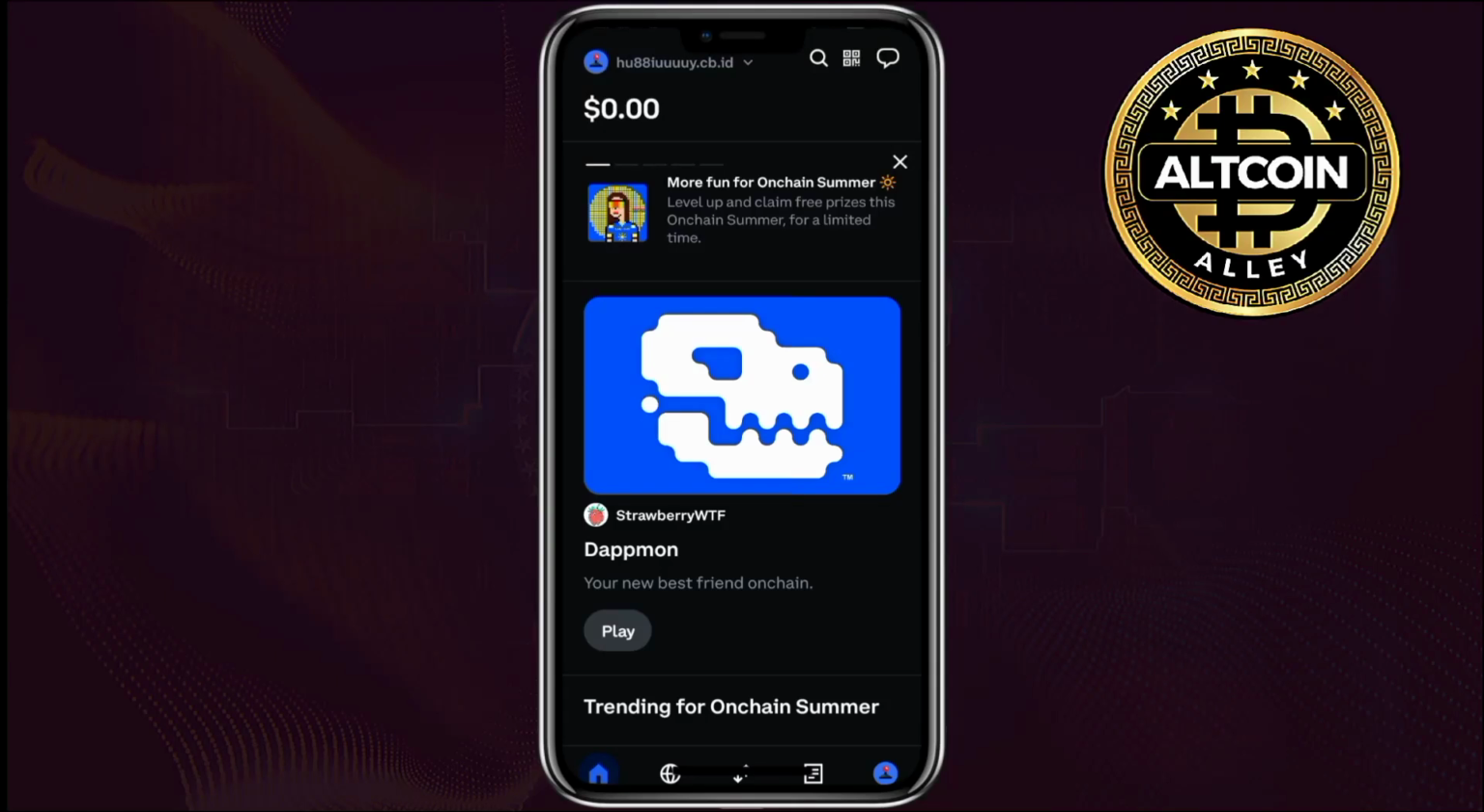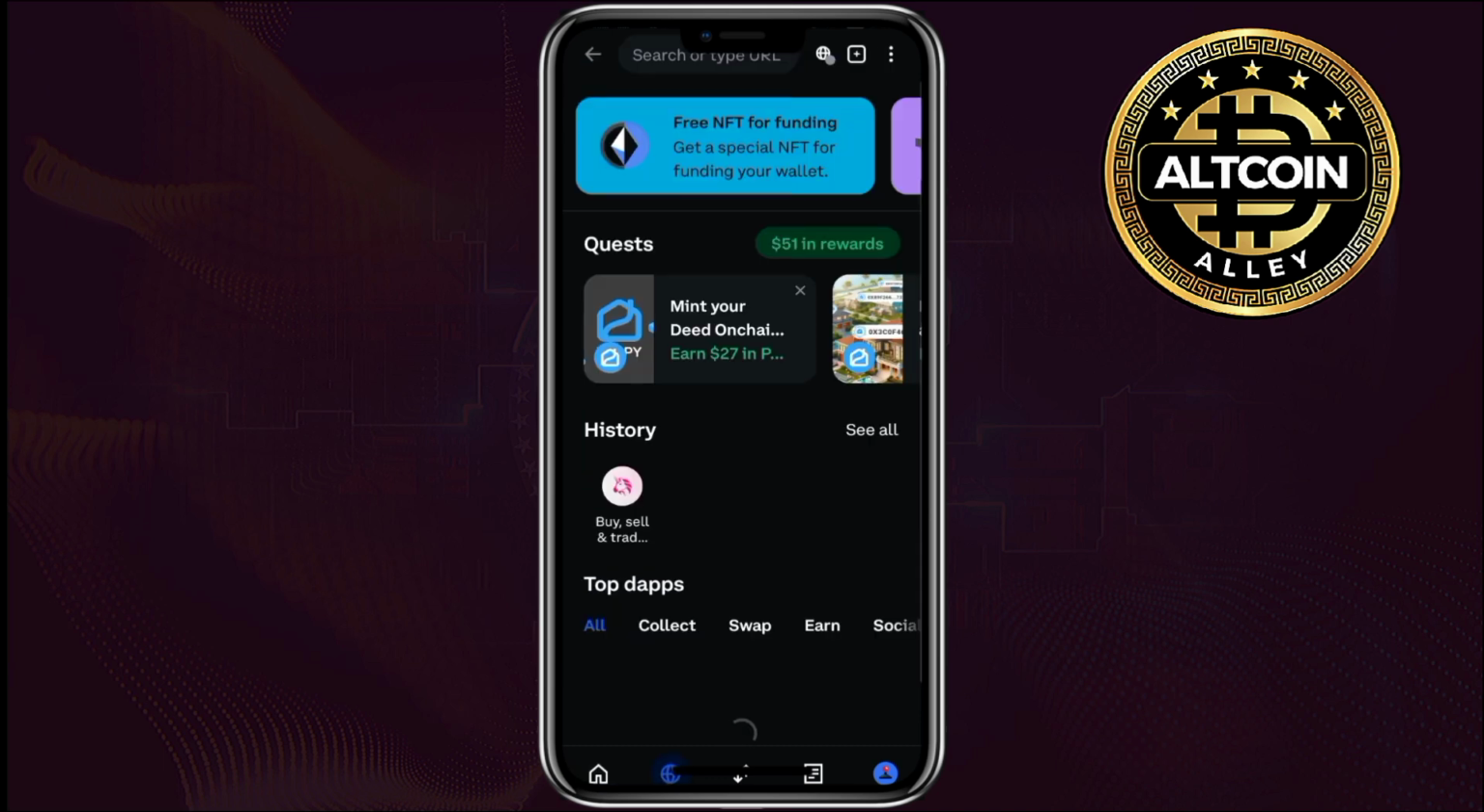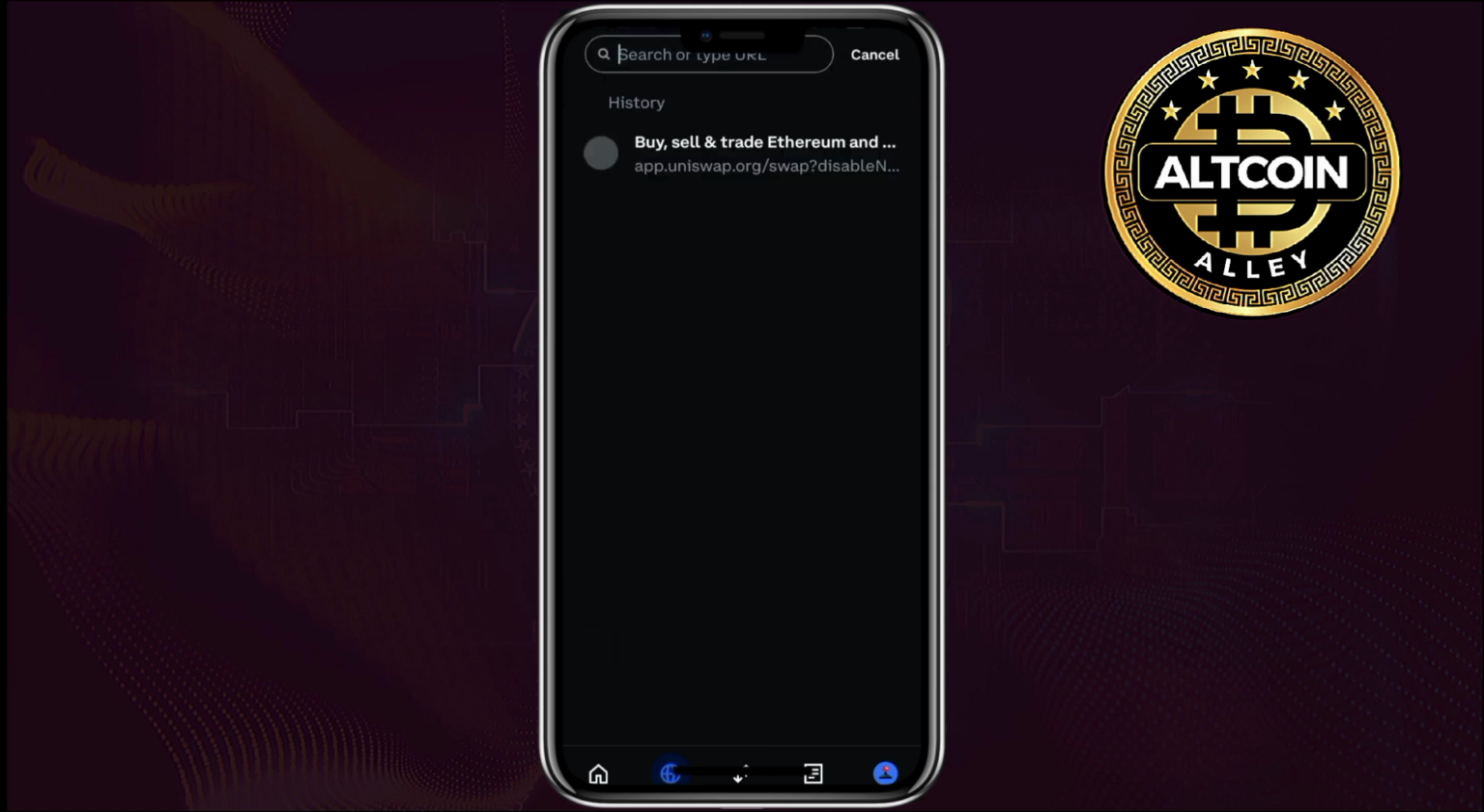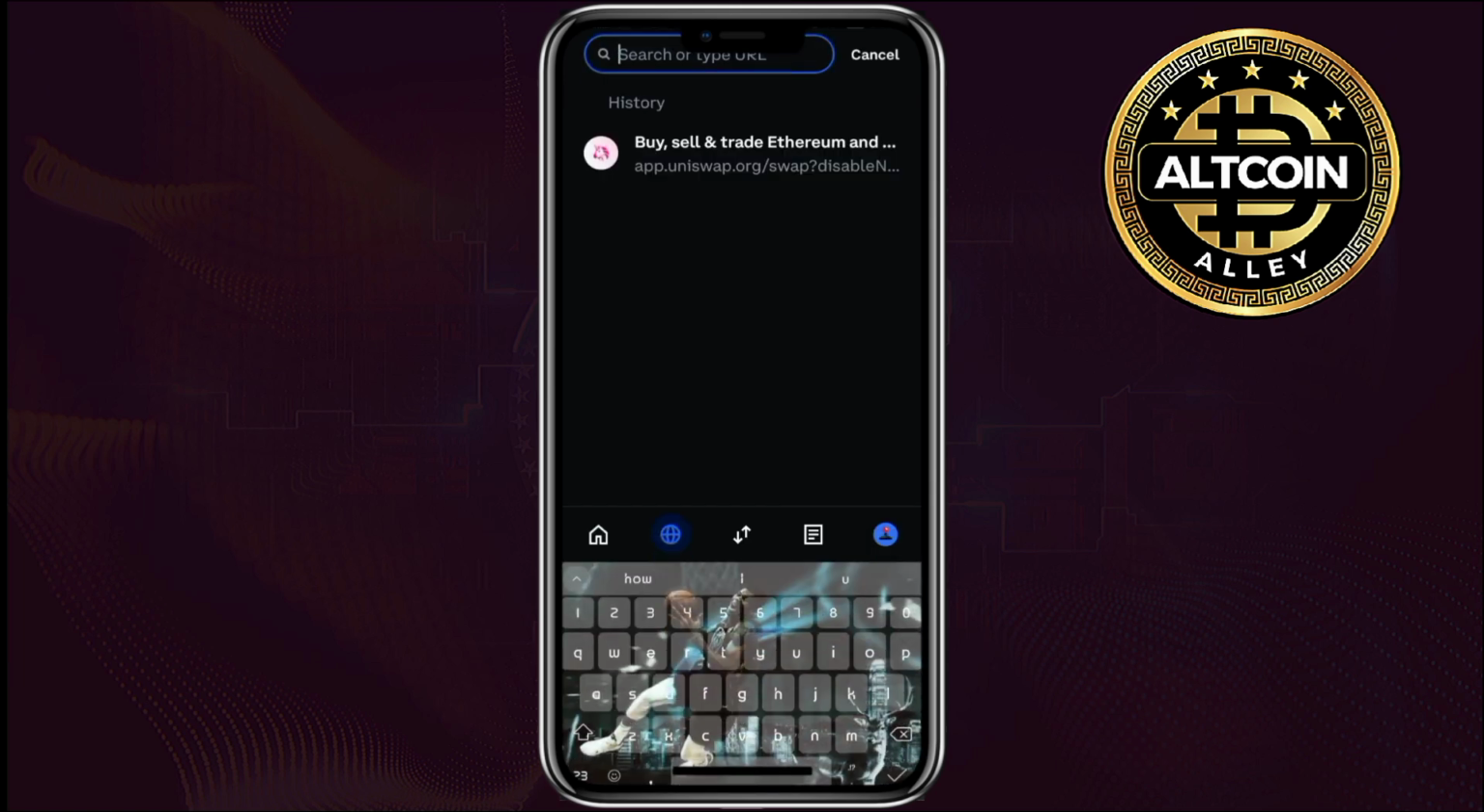In this video, I'll show you how to connect Coinbase Wallet to Uniswap. So what you'll do is simple, click on this browser option, this second option over here. Once on that browser option, come to the search bar. Now once on the search bar, search for